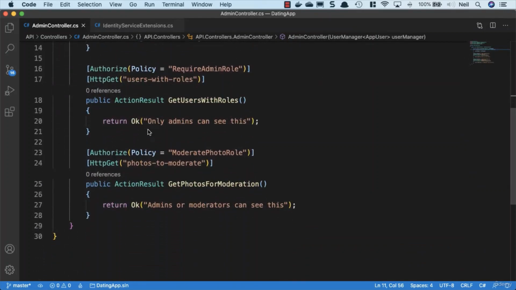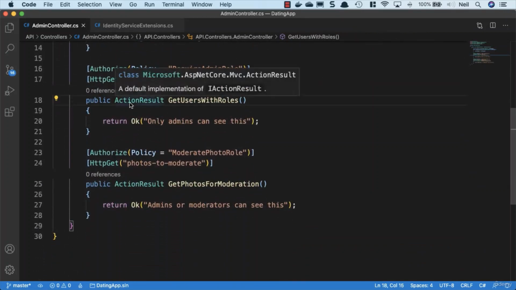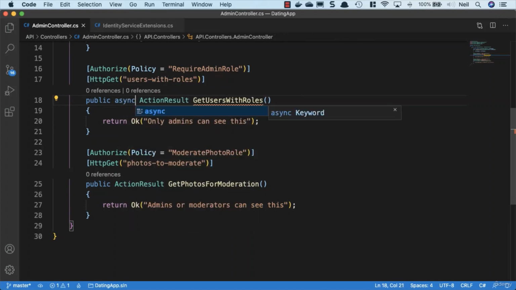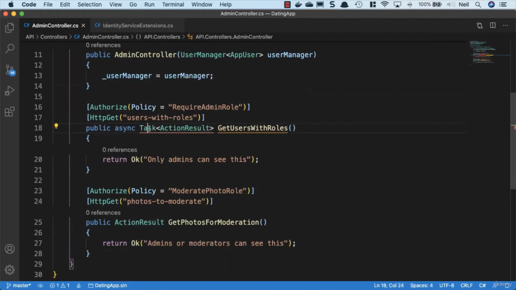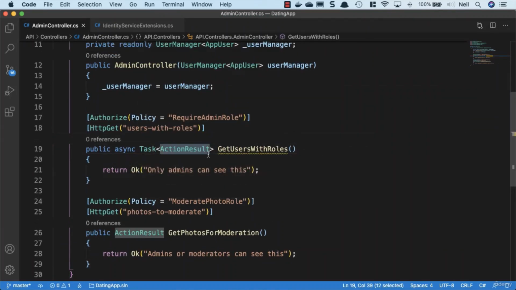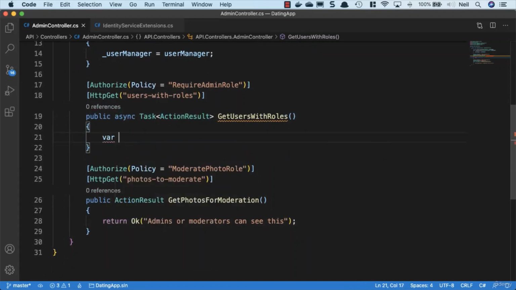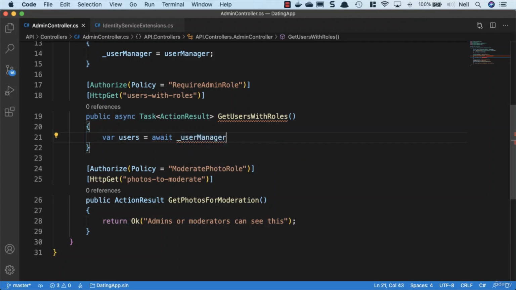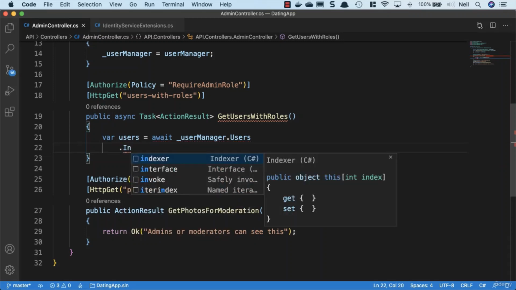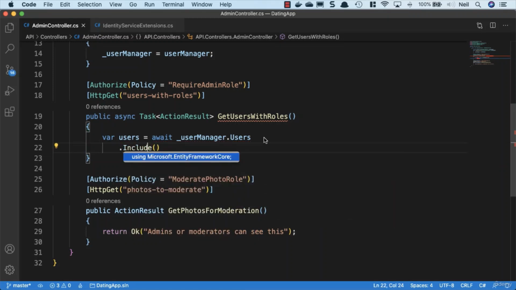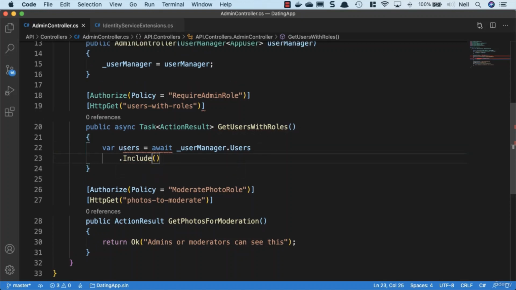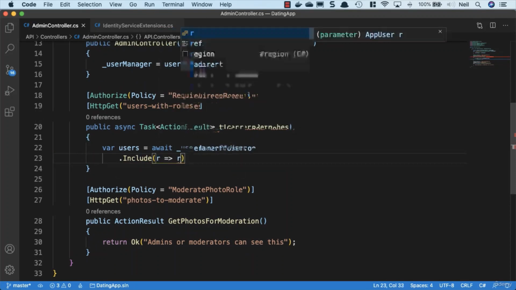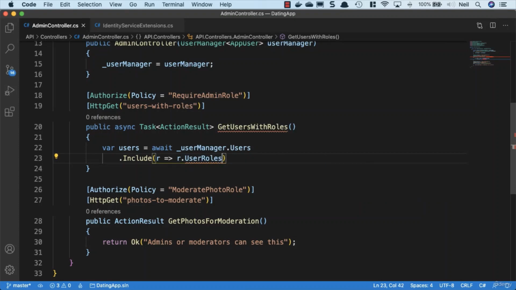So inside this get users with roles method, we're going to need to make this an async method. So we'll say async, and we're going to return a task of type action result, and we'll need to bring in System.Threading.Tasks. And what we'll do inside here is say var users equals await, and we're going to use our user manager, and we're going to get our users. And what we need to do is specify include, and we'll need to bring in Microsoft.EntityFrameworkCore,